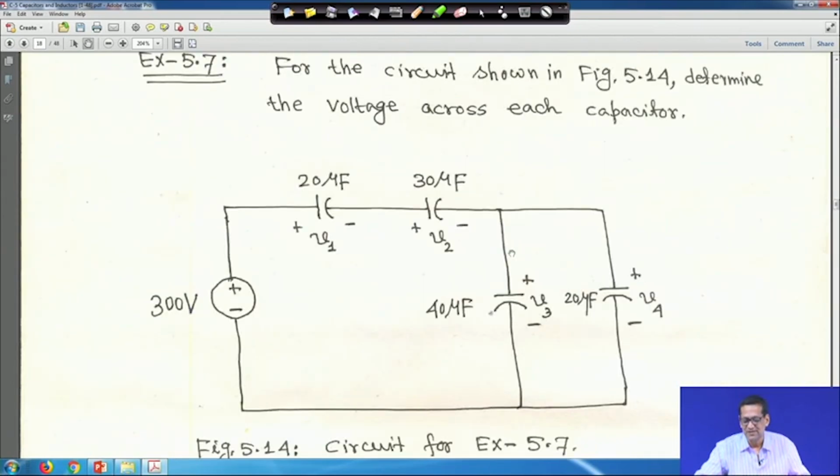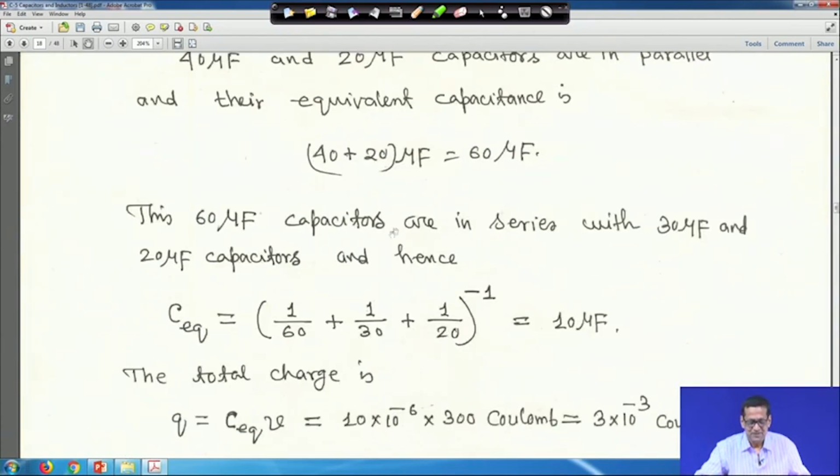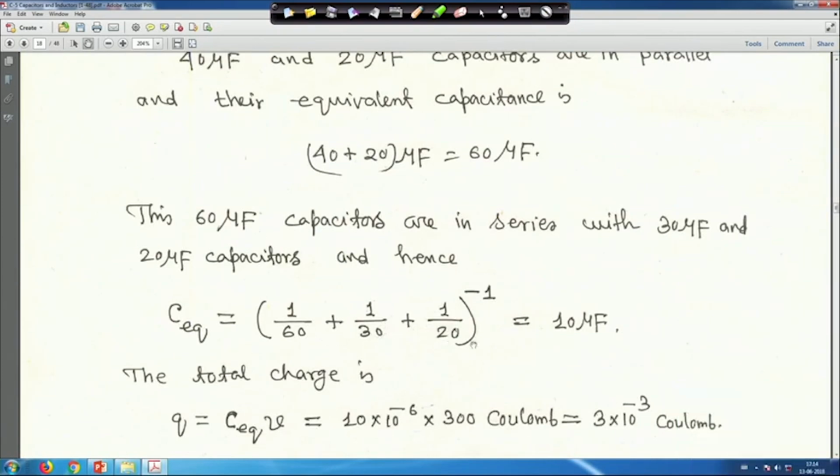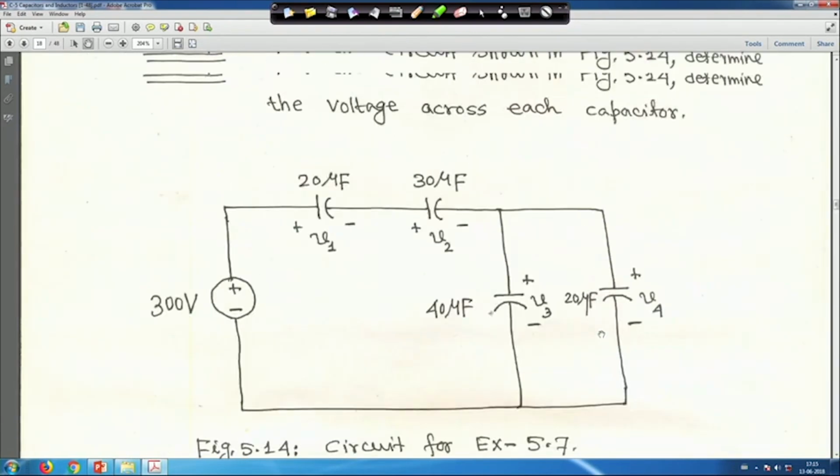So, 60 microfarad, right. Then 60, 30 and 20 are in series. First these are parallel, you add them up, 40 plus 20, 60 microfarad, and then 60, 30 and 20 are in series. That means you have to find the equivalent one, that CEQ will be 1 upon C1 plus 1 upon C2 plus 1 upon C3, to the power minus 1, that will give you 10 microfarad, because here